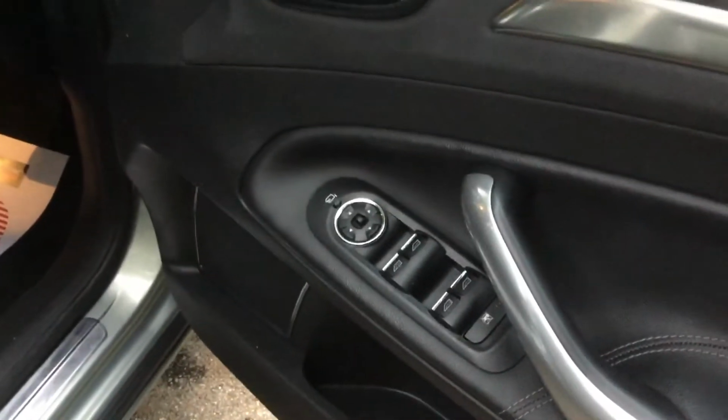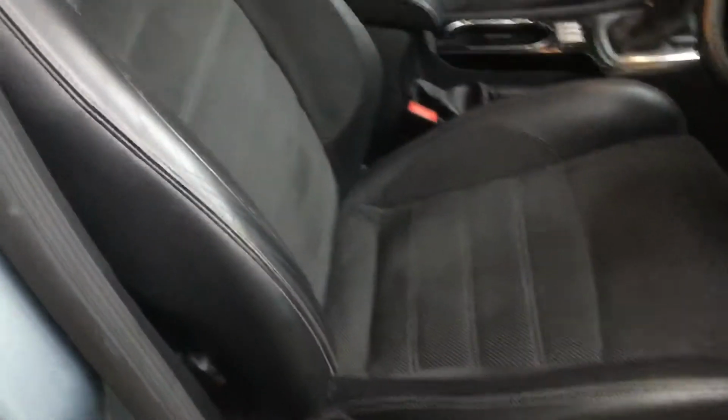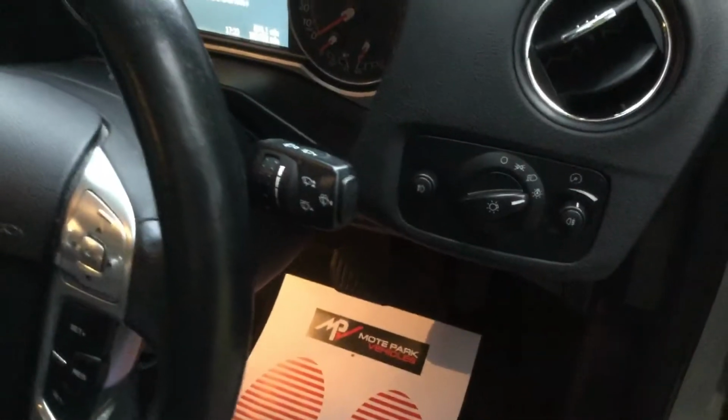Right, so there we go: four electric window switches, electric mirrors, folding mirrors, half leather interior, and again in great condition. Really is, there's no rips or tears. You're going to get a tiny little bit of wear around here, but hey, it's to be expected, she is 10 years of age. Automatic headlamps, automatic wipers, cruise control,